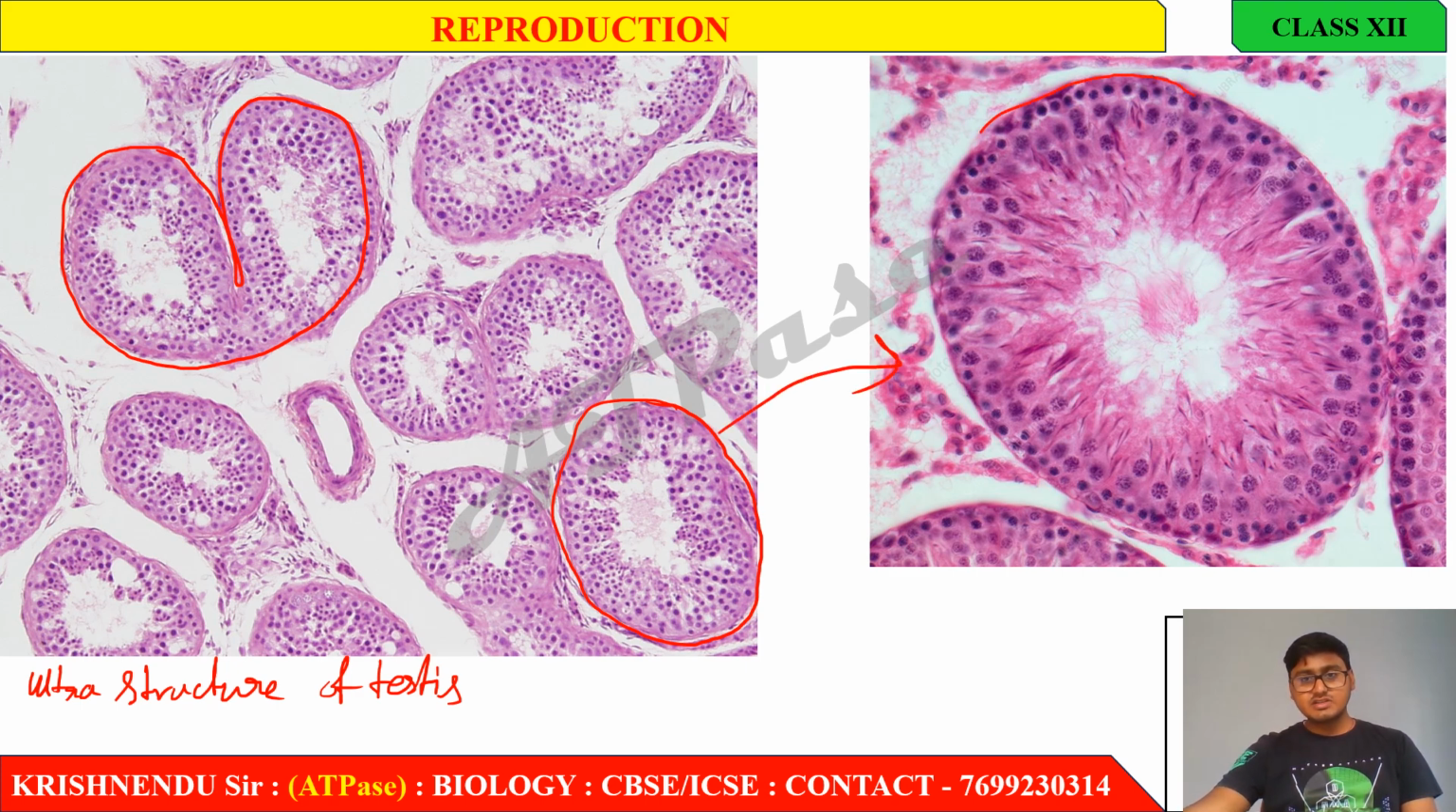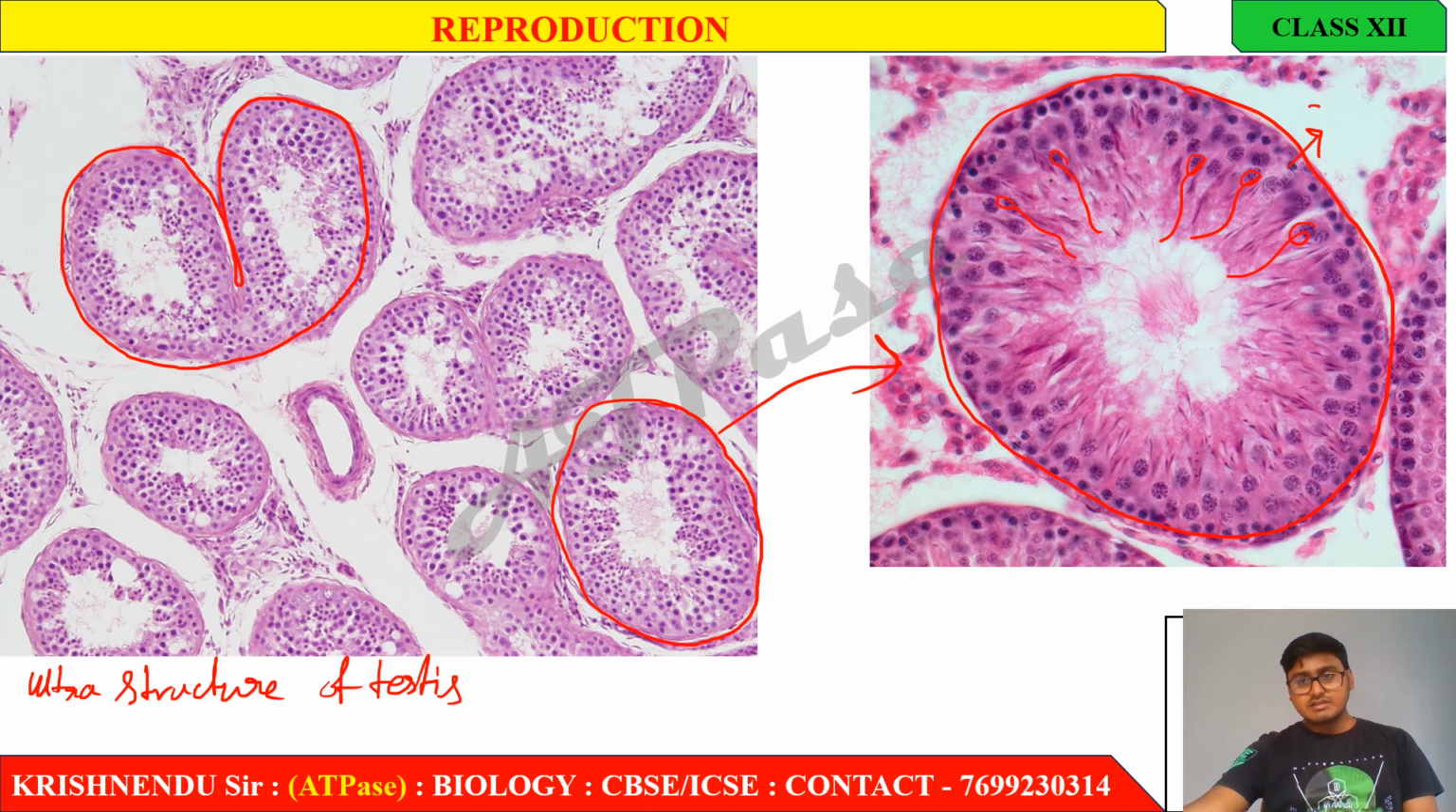This is the seminiferous tubule. You can observe the seminiferous tubule here, and inside it there are so many cells present. Okay, these are the sperm. Here you can see the sperm. This type of structure you can observe. Inside the seminiferous tubule, these sperm are present, and these cells are known as